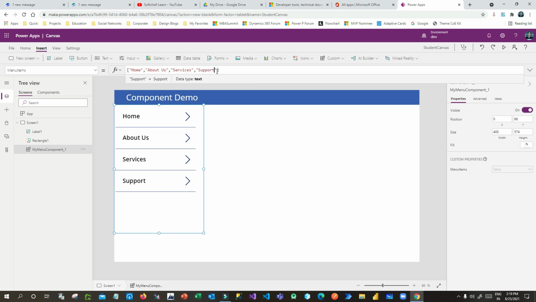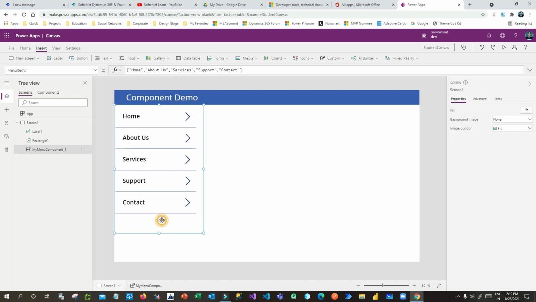So you can keep adding multiple items to the MenuItem input property, which will ultimately be assigned to this gallery control's Items property, right? Support, then Contact, right? So you can see I have created this gallery component and added this component to this screen, and in the component's MenuItem, which is an input property, I have assigned the items.